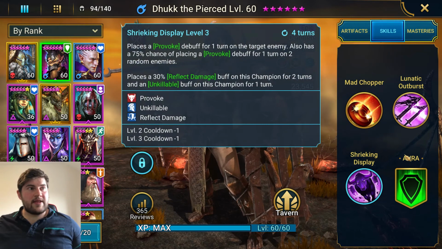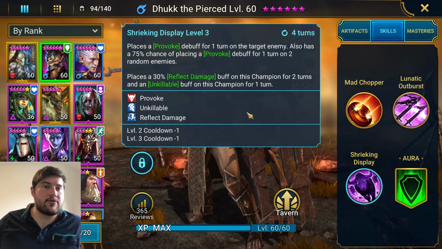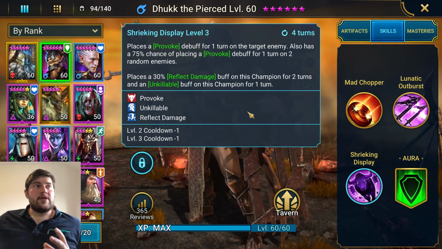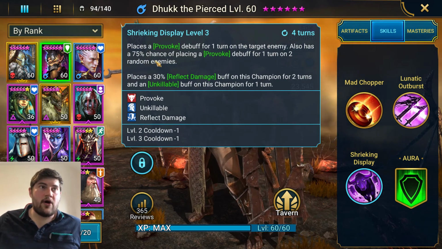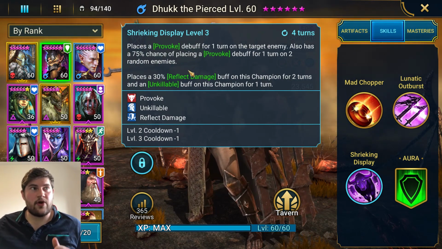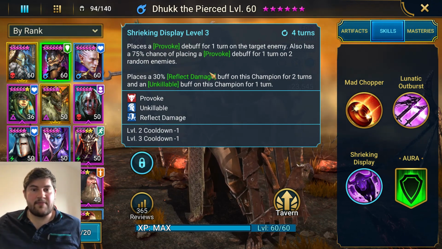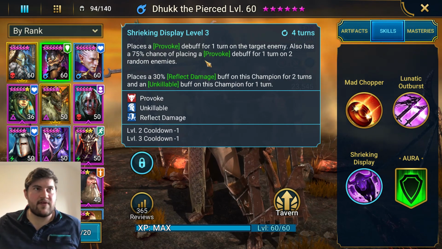So the third ability, and this is what people were unsure about with Dhukk, and I'll talk about this in more detail in a moment. But his third ability places a provoke debuff for 1 turn on the target enemy, also has a 75% chance of placing a provoke debuff for 1 turn on 2 random enemies. This can be very nice in arena because you can get 3 out of the 4 members on the team, 75% of the time,